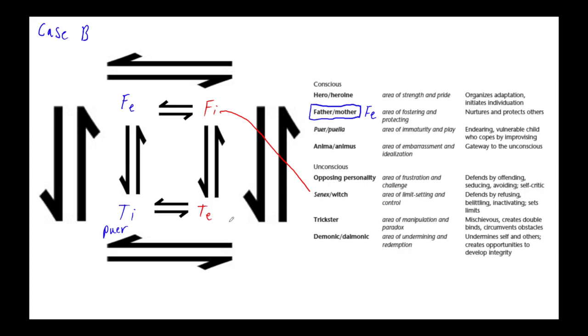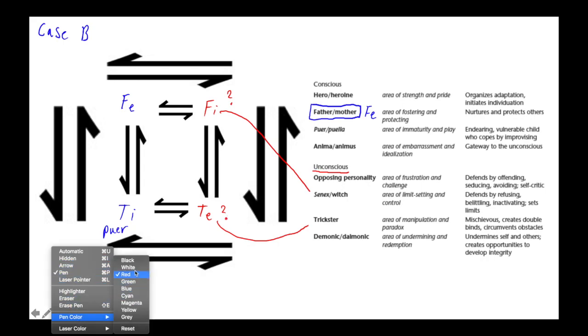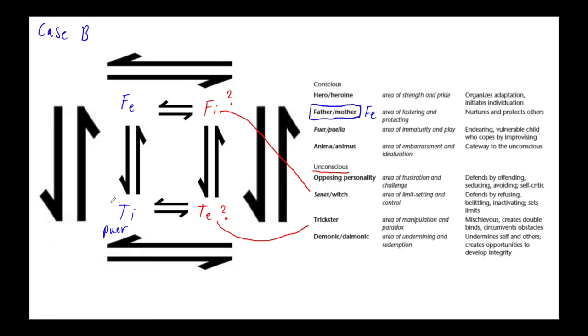And if I'm going to take that seriously as a possibility, then I have to look at the things that implies. If I'm putting extroverted feeling in the second position, that implies I have the second shadow function, which corresponds to the senex/witch, the area of limit setting and control, so I should be able to find evidence for that. I'm saying I can see extroverted feeling, so I should be able to see the shadow side somewhere. If I watched 100 interviews with this guy, I should be able to find that. That should be more obvious at least than the thinking, because